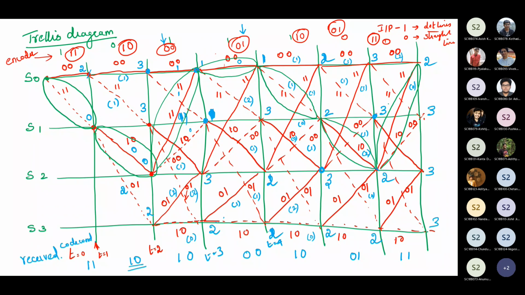So here, according to this decoding, what is the output we are getting? First one is 1, 1. Okay. Second one is 1, 0. Third one is what? 1, 1. Fourth one is 0, 0. Fifth one is 1, 1. Sixth one is 1, 0. Last one is 1, 0. Okay. So the decoding here is wrong.